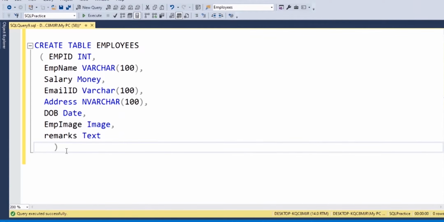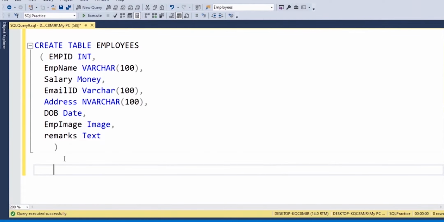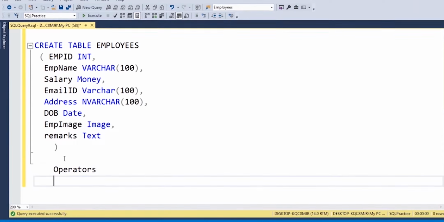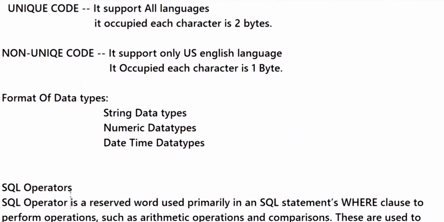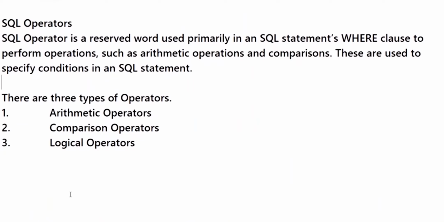And now we can discuss the operators part. What are operators? Operators we learn from our childhood onwards, like arithmetic operators, logical operators, and comparison operators. What are the arithmetic operators?